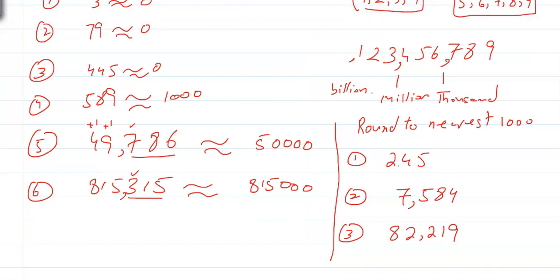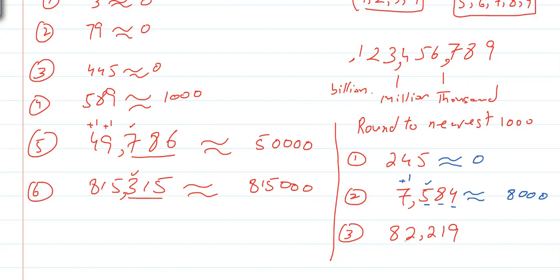Okay. It's 245. I told you, for a three-digit number, if it is less than 500, what will you do? You will just write 0 while rounding to the nearest thousand. If it is more than three digits, then while rounding, what will you do? The ending three digits you will make 0. 1, 2, 3. And then if the third digit is 5, 6, 7, 8, 9, then you add 1 in the next one. So it will become 8,000. Okay.